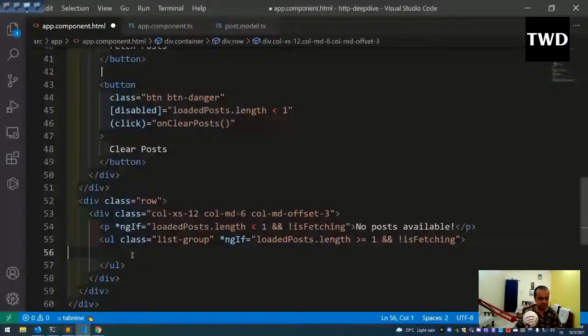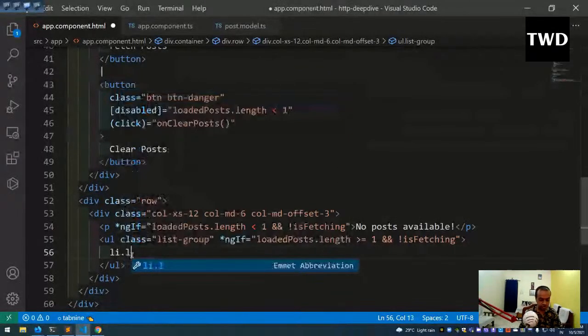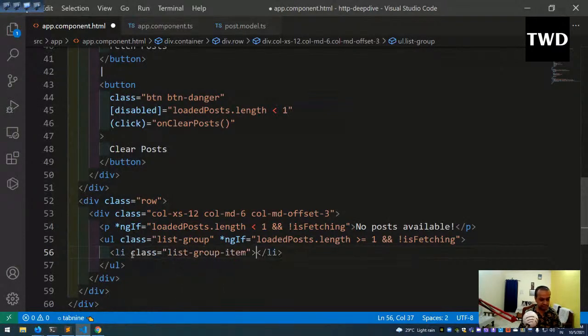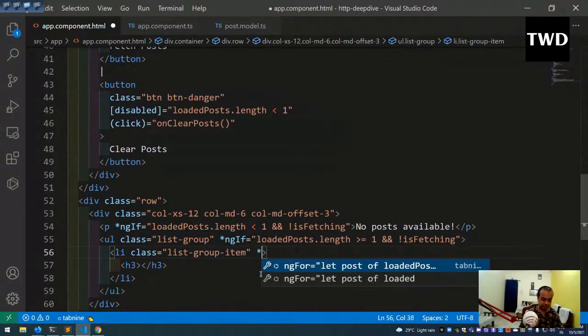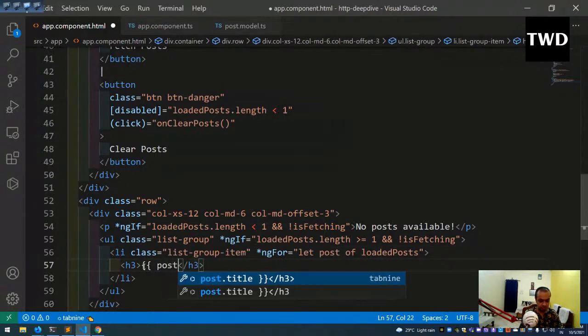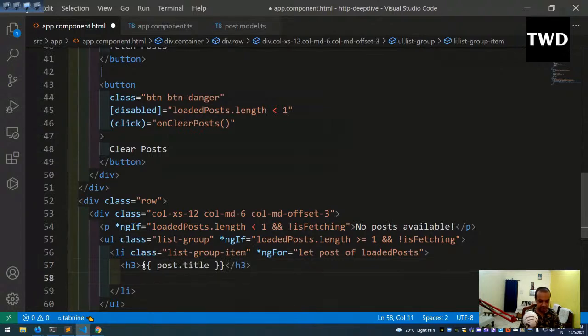then inside it li.list-group-item is there, and here the main thing is that we are going to have an ngFor equal to let post of loadedPost, so whatever is there, it will loop through it. Okay, and then we are going to show post.title and paragraph